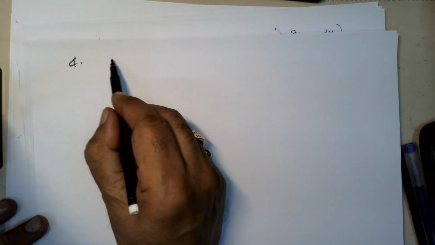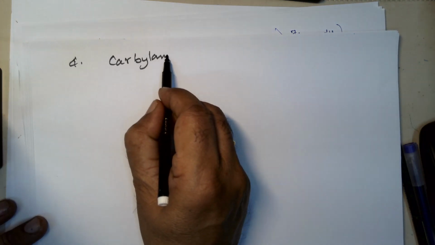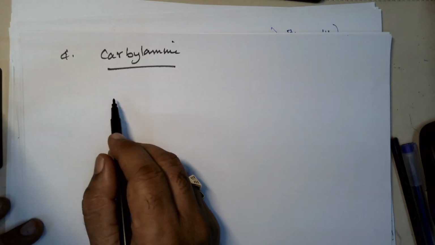Now let us study the carbylamine reaction. That is the fourth reaction. This is a unique reaction for primary amine. For example, let me take